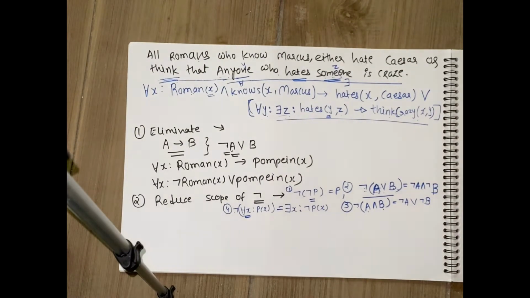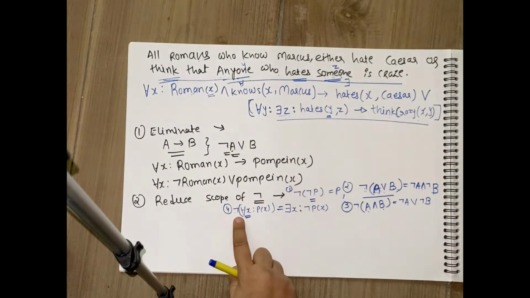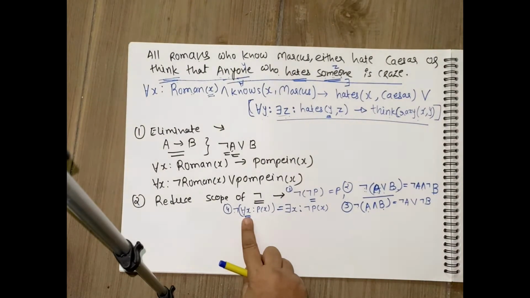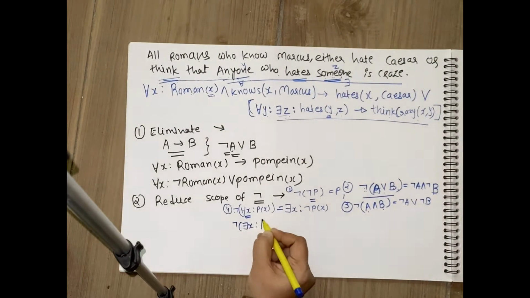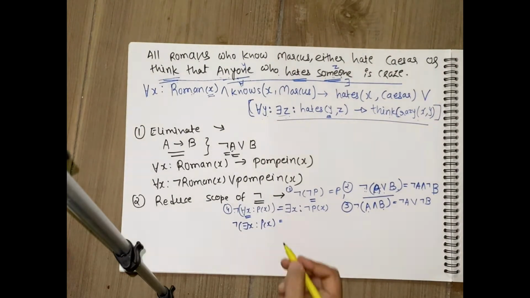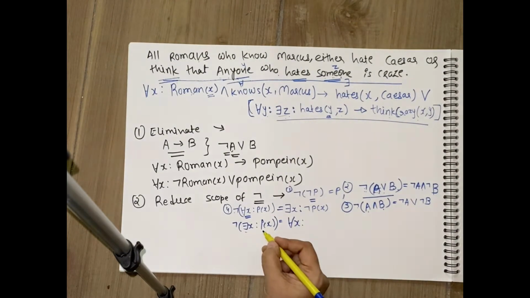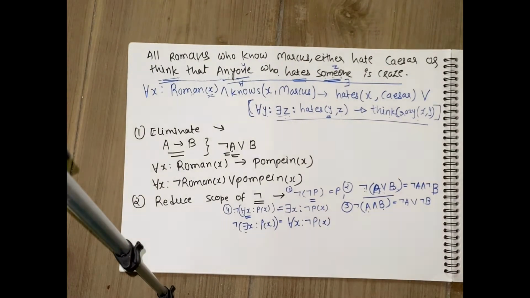Are you getting this? It is not necessary that not will be applied to the entire term, like we didn't apply it over here. But we'll see these kinds of examples also. When not is applied to the entire term statement, then the universal quantifier will be converted to the existential quantifier, and then not will be applied to the term afterwards. The second part of this says if you have there exists, then it will be converted to for all, and now negation will be applied to the base term, so it will be not P x. Are you getting this?